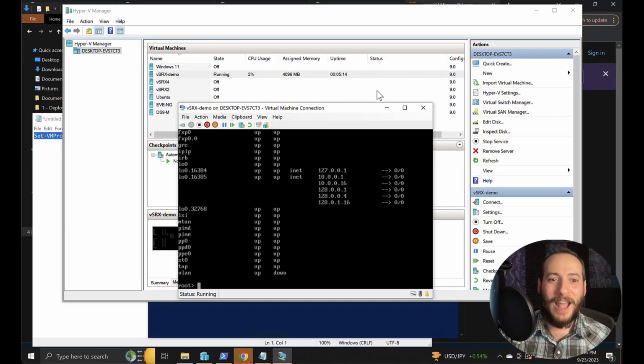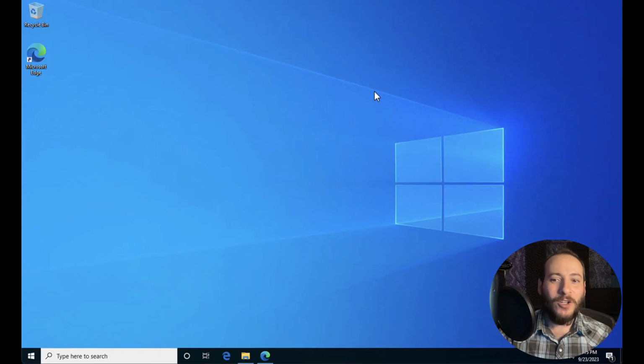Great. So now that we have deployed our vSRX on Hyper-V, let's go take a look at our next method here of using VMware Workstation Player. So I wanted to set up a fresh new Windows 10 machine. Windows 11 is also supported, but to have nothing else on here, to just show that you really don't need